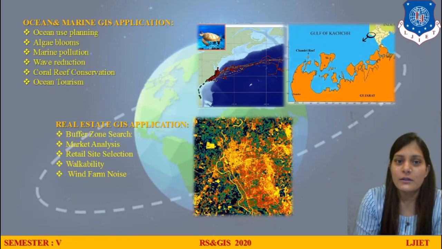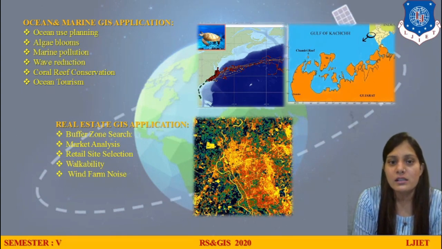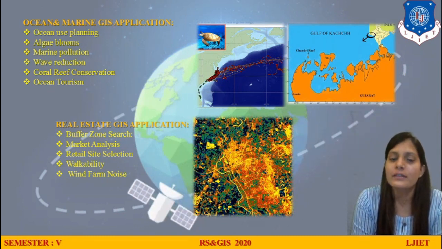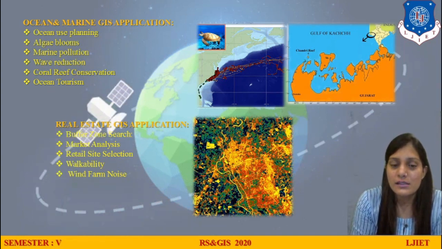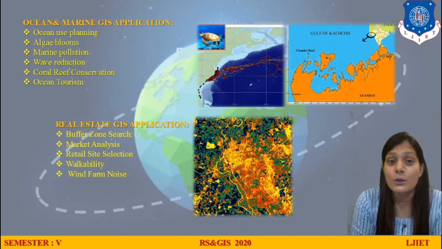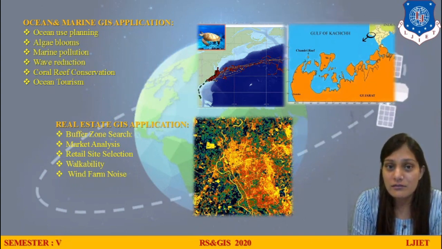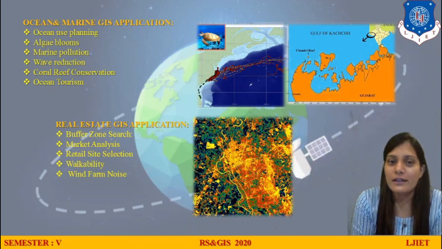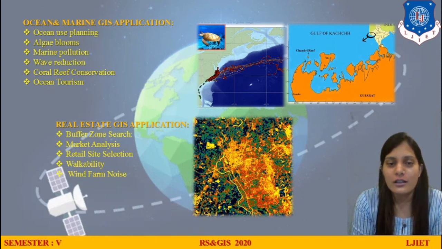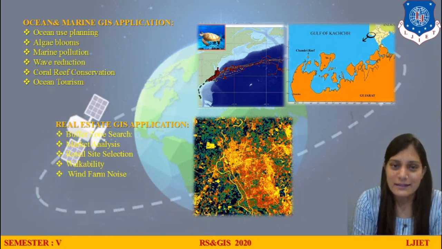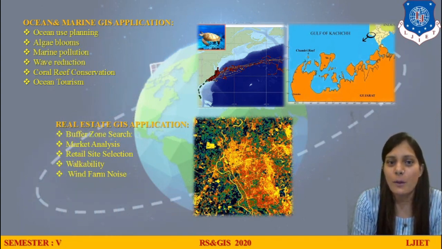Next, moving further, you can see ocean and marine applications. Yes, we have good marine applications also. Here I have shown you the example of coral reefs. The ecosystem nearby the seashore, that is coral reefs. You can see the turtles which are underwater. So we are doing the analysis of it, because that ecosystem is very important in the construction field, and that is why that ecosystem is to be properly maintained.